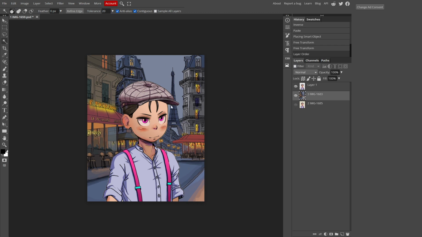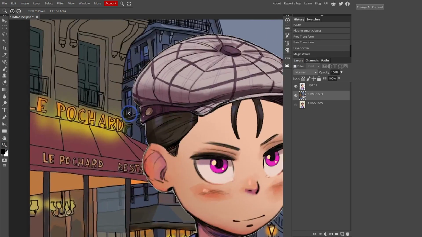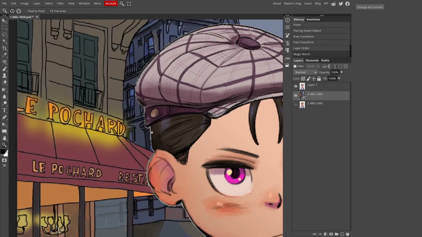So I've got two layers here, and from our previous video, the cutout that we got wasn't perfect. I can still enhance it by zooming in, and you can see that you have some parts left. There are a lot of different techniques to enhance this kind of cutout.